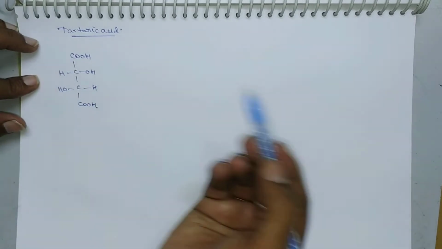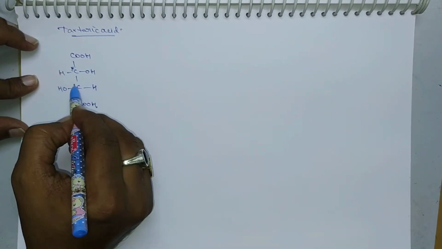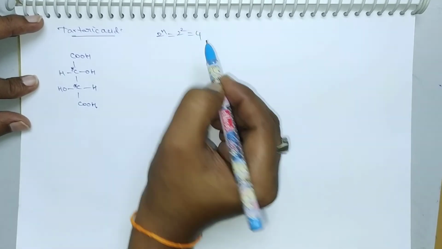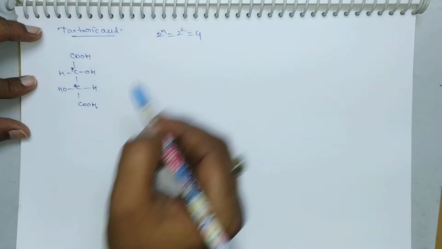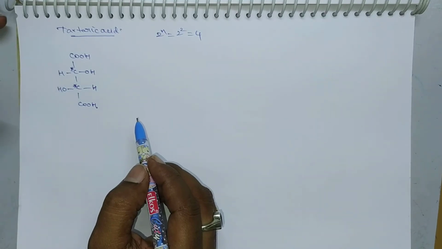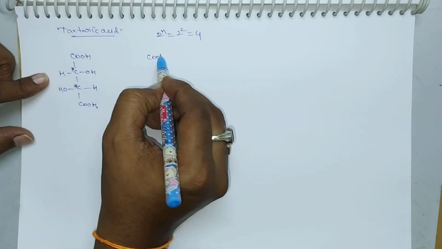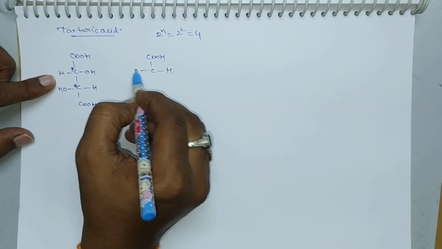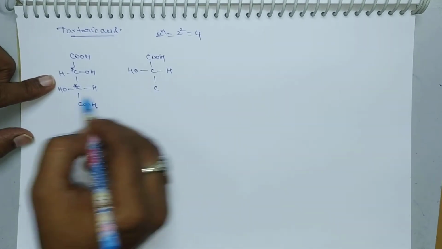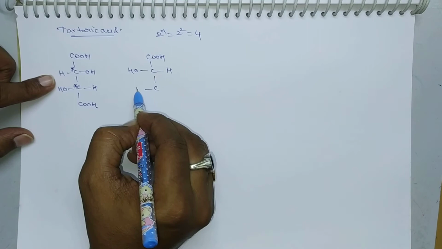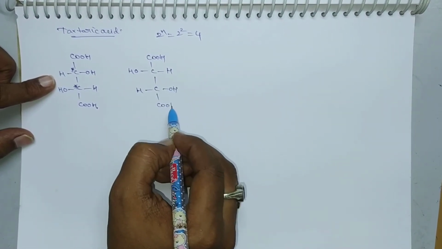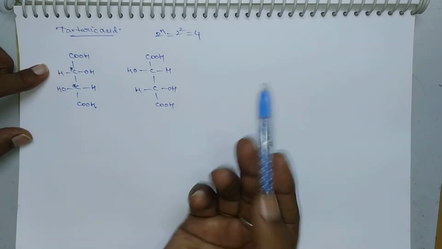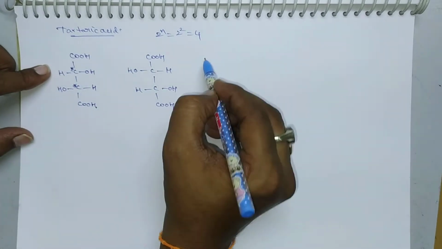Here we can get a number of isomers. See here, how many chiral carbons are there? There are 2 chiral carbons. So 2 chiral carbons means 2 power n, that is 2 power 2, that is 4 isomers will exist, by breaking and making of bonds. Now let us check those 4 isomers. Suppose if we interchange these two by breaking and making of bonds, we get like this. And again interchanging these two, we get like this, COOH. Simultaneously we are breaking and making these 4 bonds, 1, 2, 3, 4. And now we have to interchange these 2 groups only.